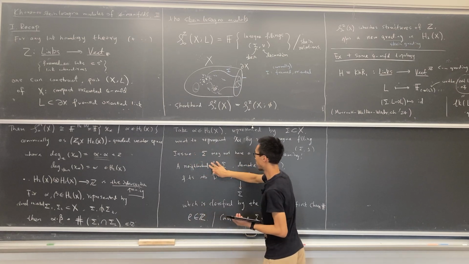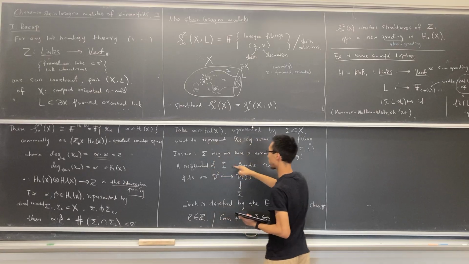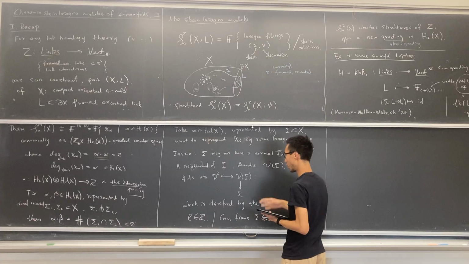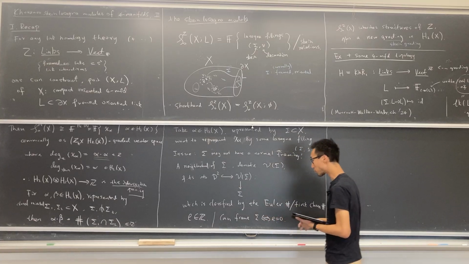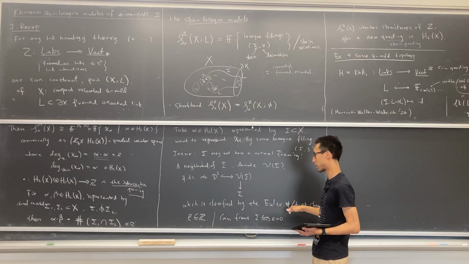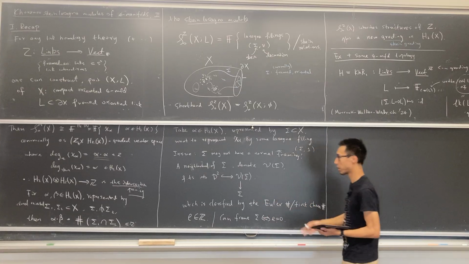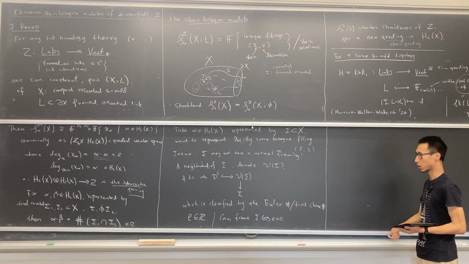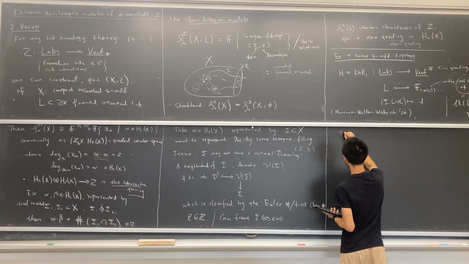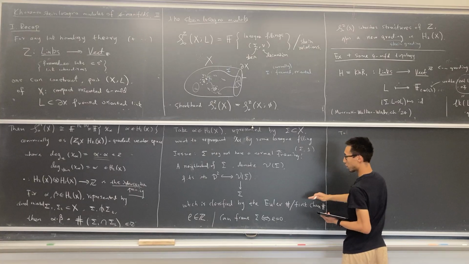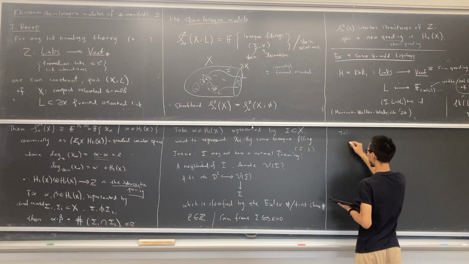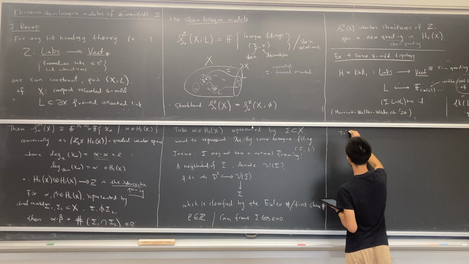Yeah, this is a trivial neighborhood of sigma, or you can also think of it as a normal bundle. And this bundle is classified by the Euler number, which I'm going to redefine if you don't know that. So in general, one may not be able to take a non-vanishing section of this normal bundle, but in any case, we can